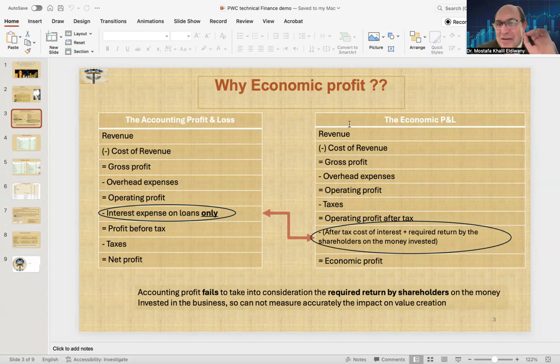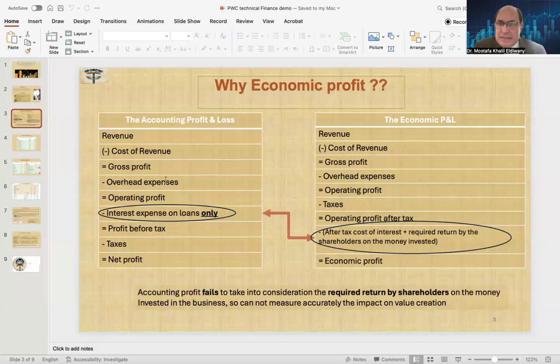But there is something very important called the economic profit. When you achieve the economic profit, you probably are so near to generating what is called value creation to the shareholders, making the business bigger, more valuable, probably impacting the share price in a positive way. What is the difference between economic profit and accounting profit? A lot of differences. But what we are going to talk about now is the issue of how